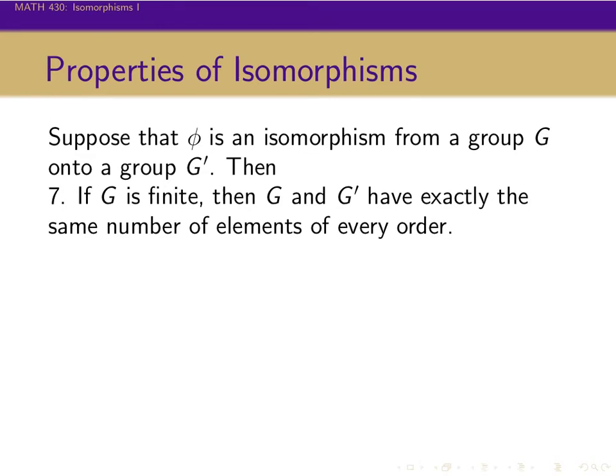Okay, the last one, if G is finite, then G and G prime have exactly the same number of elements of every order, right? So if G is finite, then all of its elements have finite order. And so then we can do sort of a set theory counting argument to finish this off. And so the way to think about this is that the number of elements in G with order n, well, this is equal to the number of solutions to x to the n equals the identity in G